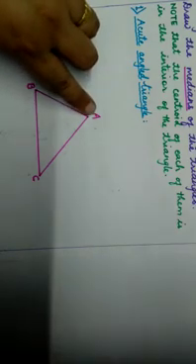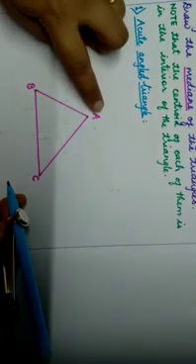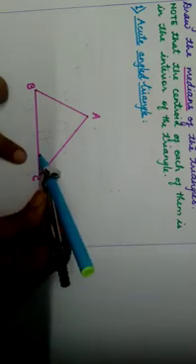Now take a compass. One by one we will draw the perpendicular bisector of each side. Here we are drawing a median, which means we are drawing a segment which joins every vertex to the midpoint of its opposite side. So how to find the midpoint? For finding the midpoint we have to draw the perpendicular bisector. Now take vertex A. The opposite side of vertex A is side BC. So we will draw the perpendicular bisector of side BC.